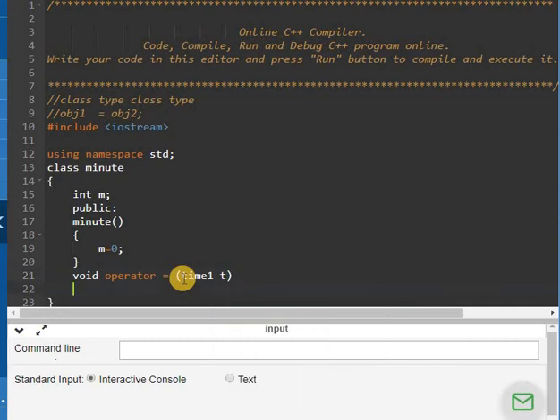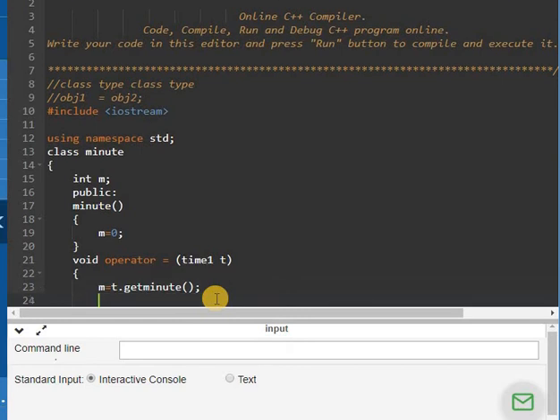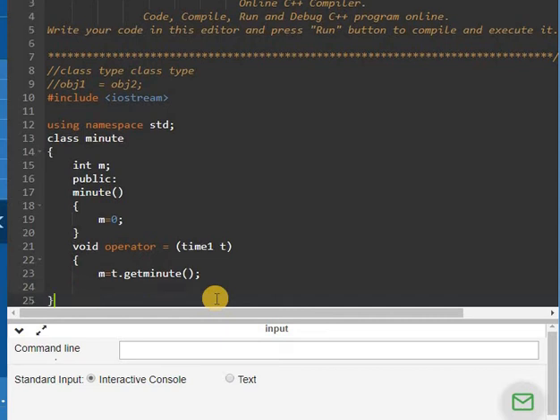See properly: we have created one operator overloading, we are overloading the equal to operator, and then we assign it to m. We will write the function here, and we will write the time class in the following section. So we have called this particular function here, and we end this function.